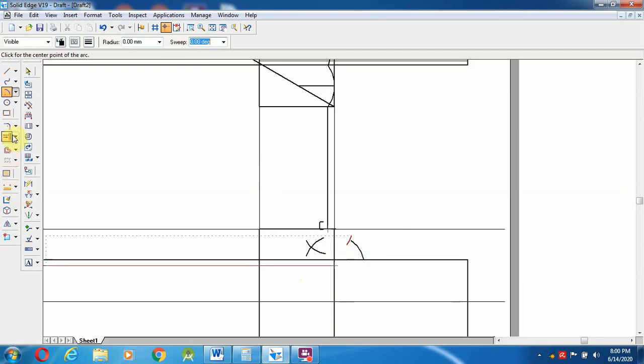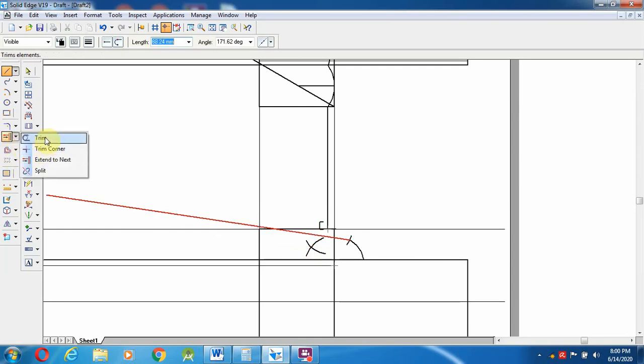Okay, then go to here and extend to next. This has to be extended towards over here. Now I'm going to join a line from the end of this arc to exactly where it has to be passing over here. Otherwise trim it at one end.